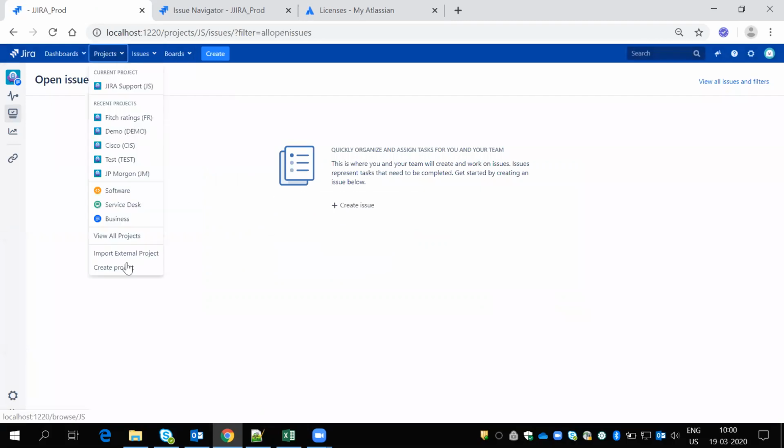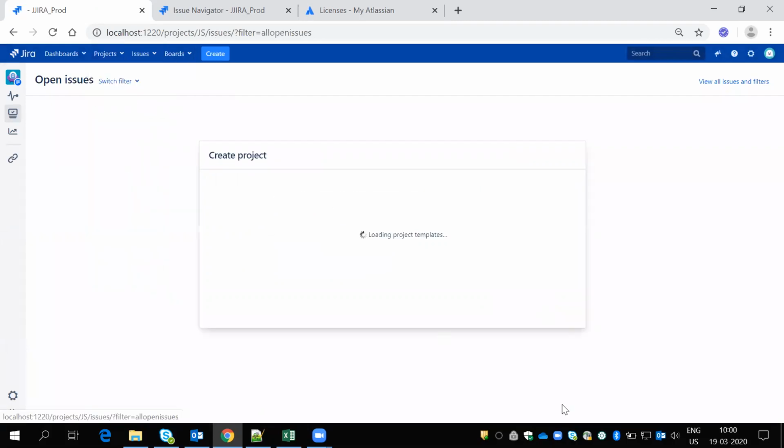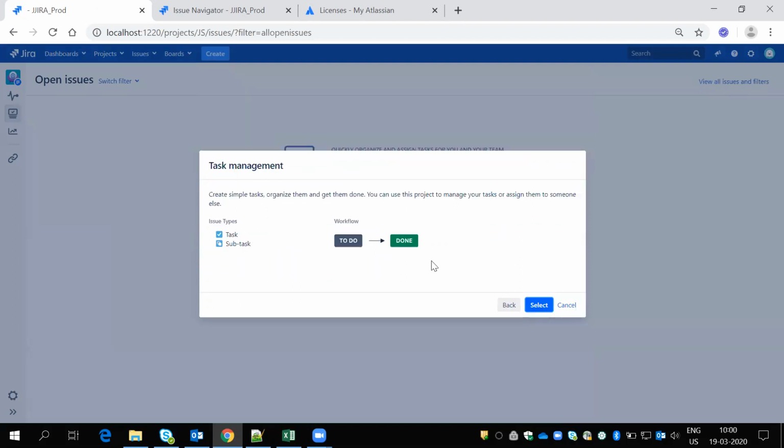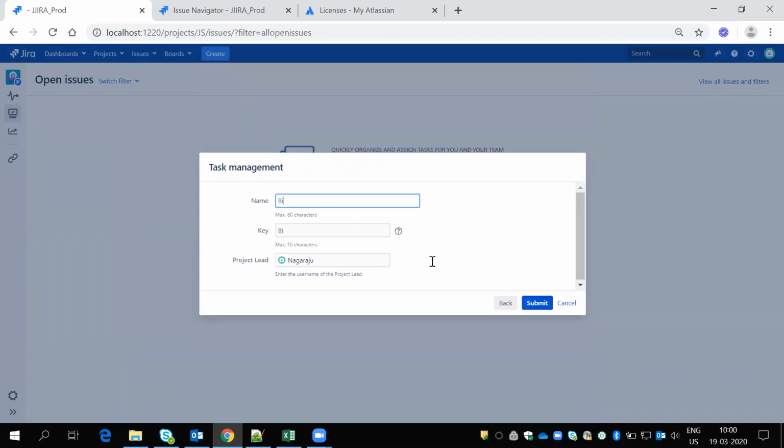Okay, next I'll create one other project called Bitbucket support project.